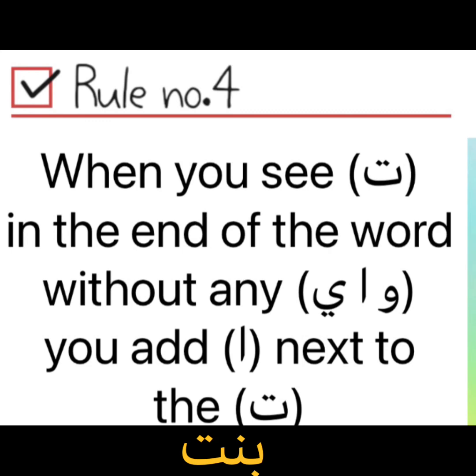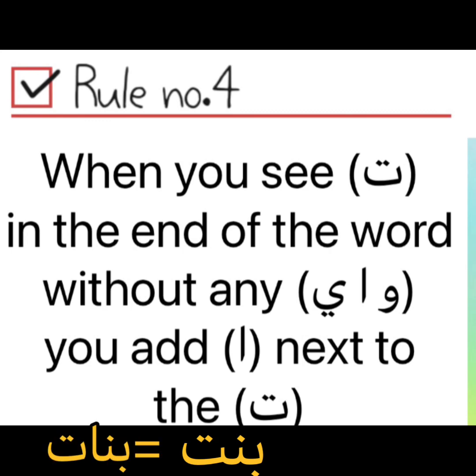When you see a تاء مفتوحة at the end of the word. Yes, we do see a تاء مفتوحة right at the end of this word. So what do we do next? We check if there is any واو, ألف, ياء in the word. بنت, there is no واو, ألف, ياء. You add an ألف just before the تاء مفتوحة, making the word from بنت to